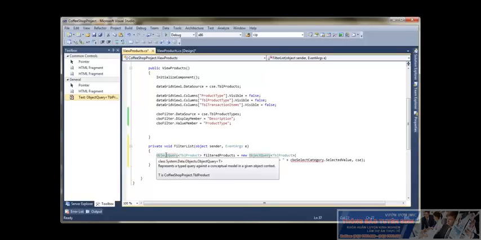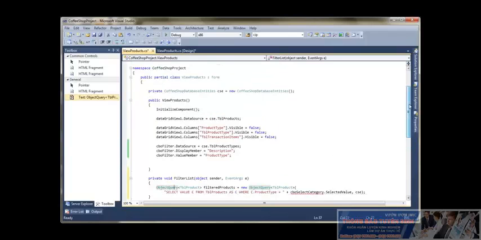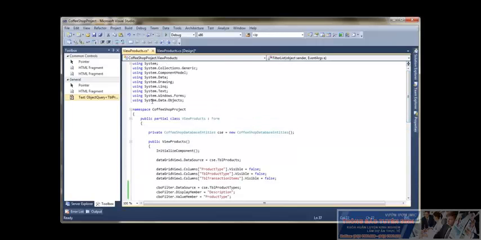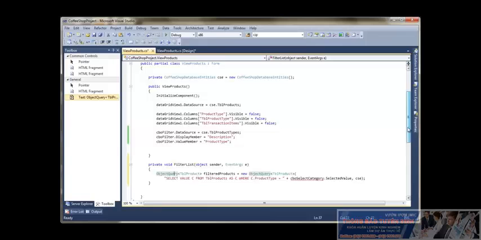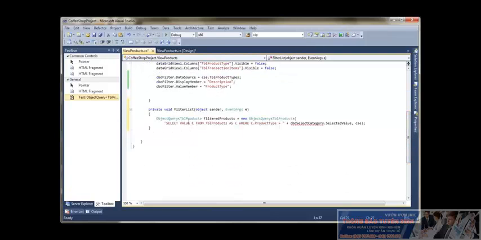You might have to resolve that if it hasn't got the correct using at the top, but you can see I've got using system.data.objects, so that there turns blue. We then say what type of object we're looking at, so we're looking at products, and that's the thing that we're displaying in the list box, so we put the class products here, and I've given it an instance name filtered products, and I've said equals new object query, again put my table products, and then what I've done here is I've put this query, and the query is a bit like a SQL query where I've said select value C. Now C can be anything from table products as C, where C.product type equals, and then I've appended on